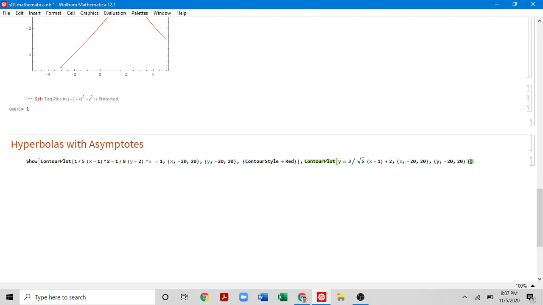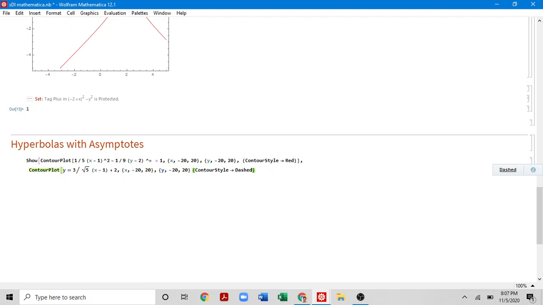So contour style, make it dashed. Let's finish this off with a bracket. Oops, daisy. Make sure we got everything right. Okay, cool. And now what we're going to want to do,